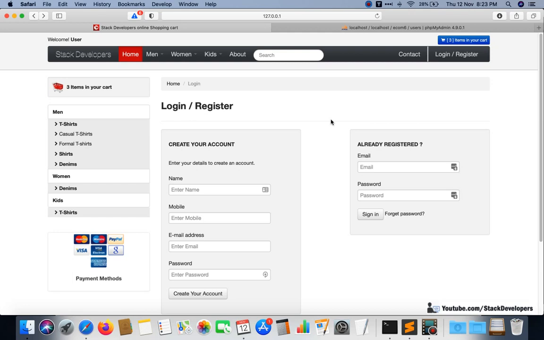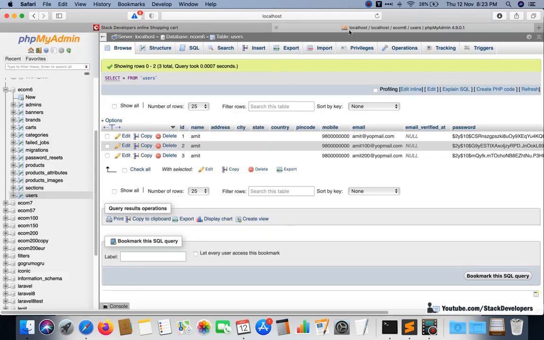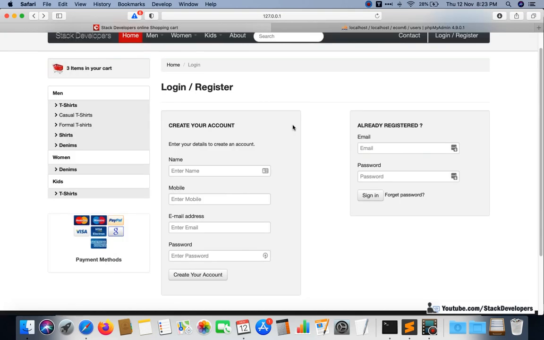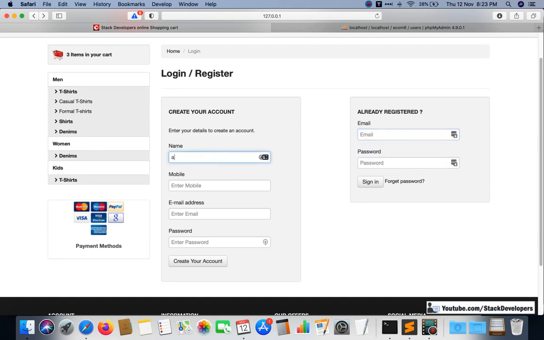So we are going to continue working on the register login process, and in the last few videos we have seen that we are able to integrate the register form, and our register form has name, mobile, email and password, and we are able to register as well. And you can see that we are able to insert some users after registering. Once again I will show you that we are able to register from this form,